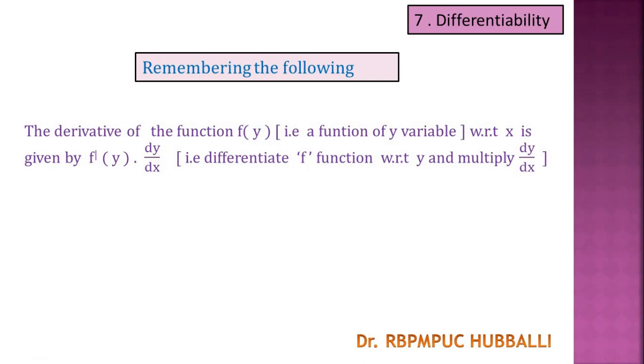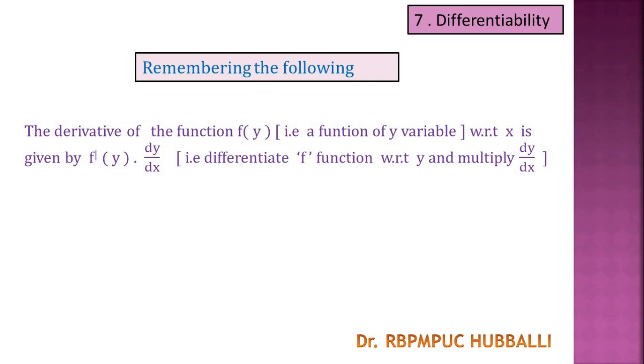Okay, for example, let me take one example. If you want to write the derivative of sin y, it is not sin x, it is sin y. The derivative of the sin y function with respect to x is written as cos y. Okay, see here, cos y. For sin y, I wrote the derivative cos y. That means in this answer, sin is written as cos and I kept the y variable as it is. But we have to write it with respect to x, no? Therefore you have to multiply into dy by dx. Okay, so that is the rule.